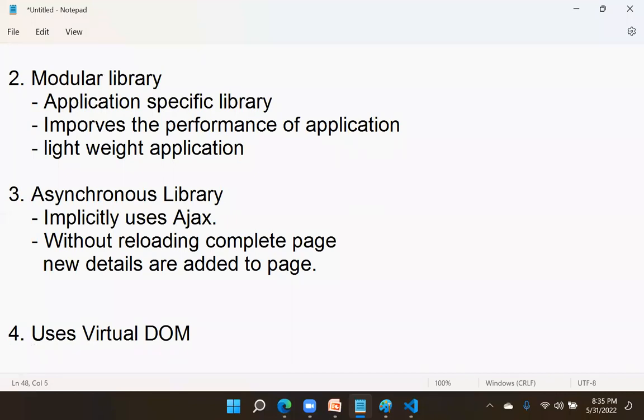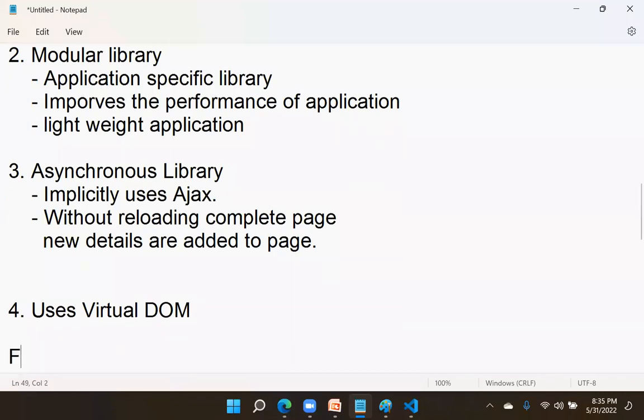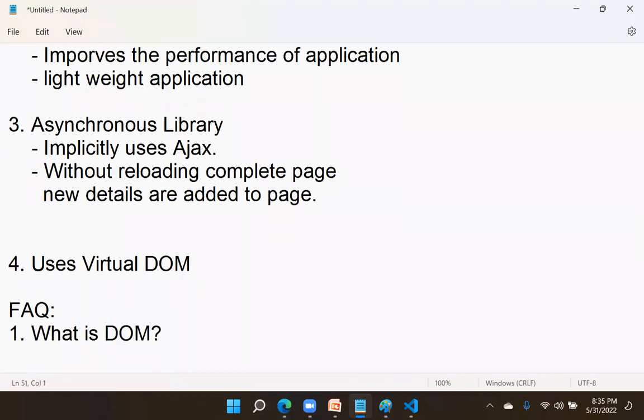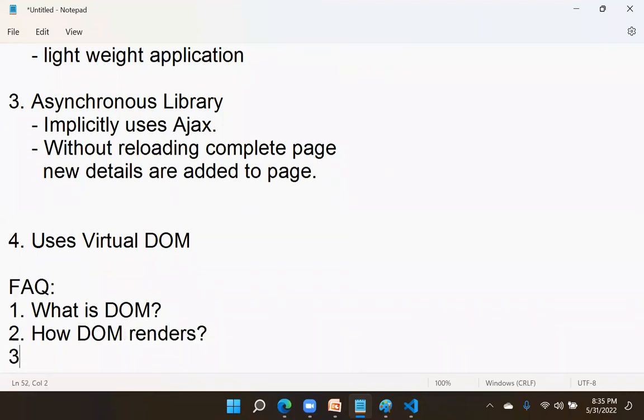To understand virtual DOM, you have to learn these points. What is DOM? First you should know it. You should know how DOM renders. You should know what is shadow DOM.